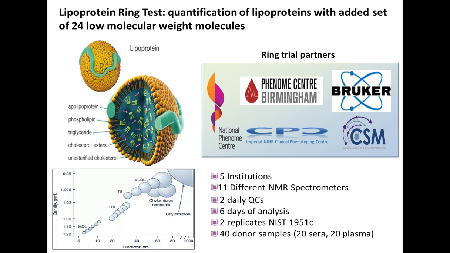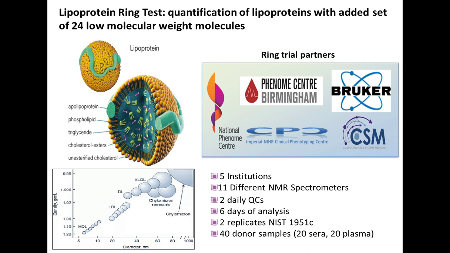So the lipoprotein ring test was a test that we undertook between ourselves as the National Phenome Centre, the Phenome Centre in Birmingham, and Brookers. So we had three different physically located centres, and in them we have 5 different institutions because we include the Clinical Phenome Centre and the research laboratory. So within those 5 institutions we have 11 different NMR spectrometers, and we measured 2 daily